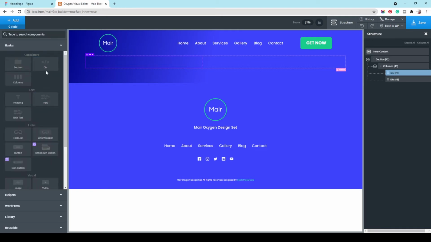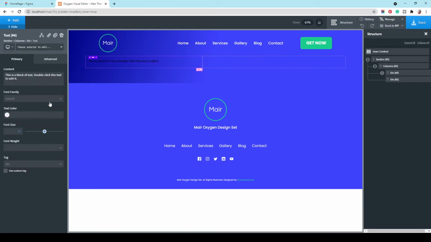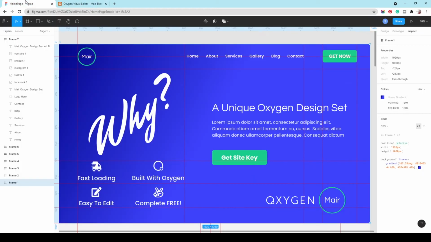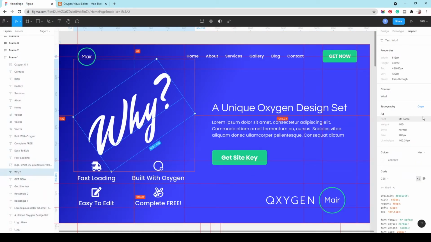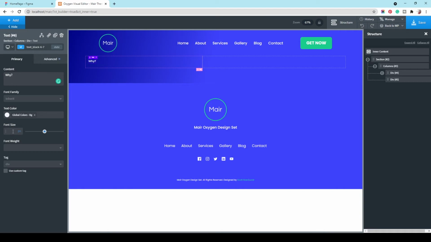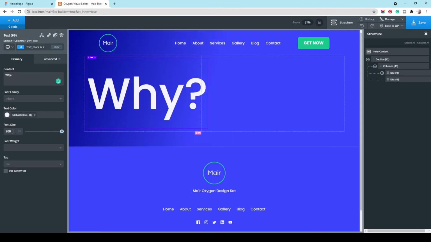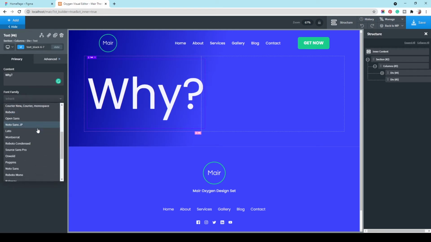And let's add a text and call this one white. Let's change the color to white, and let's see, we've got the font, the weight, and the size. So let's do that. Let's add the font size is 288, the weight is 400, and the font, we don't